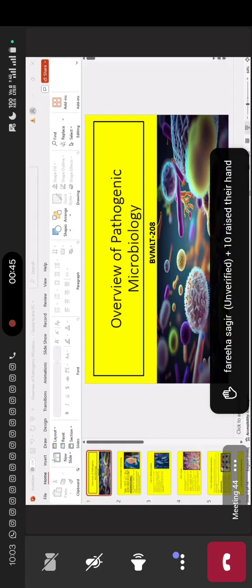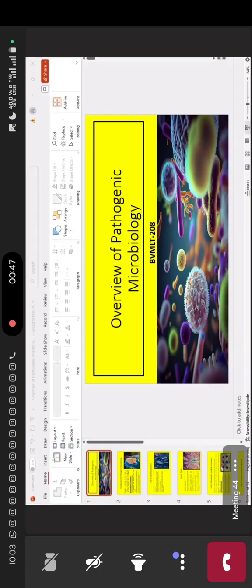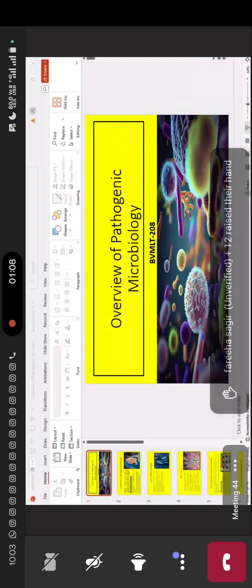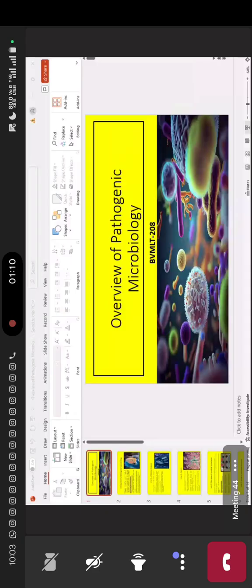So when we talk about pathogenic microbiology, it's about those microorganisms which are harmful to humans, right? Basically they have the pathogenic capacity. It means they are able to cause infections in humans. So the study of those microorganisms which cause infections and severe diseases in humans comes under